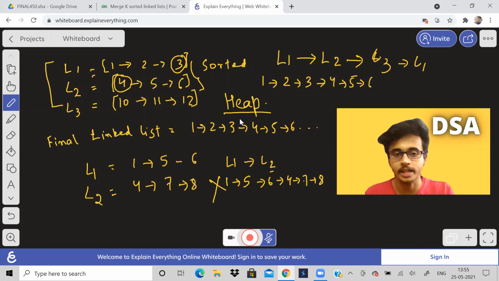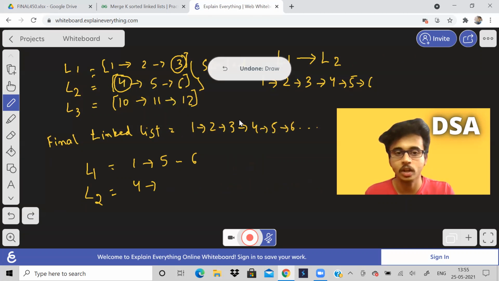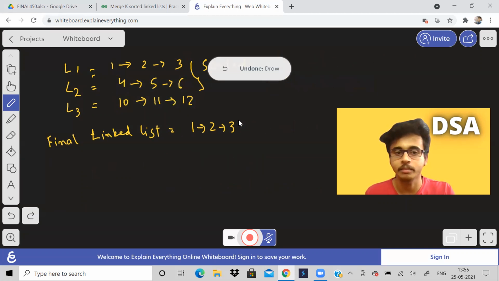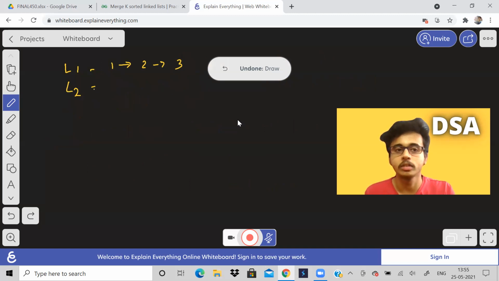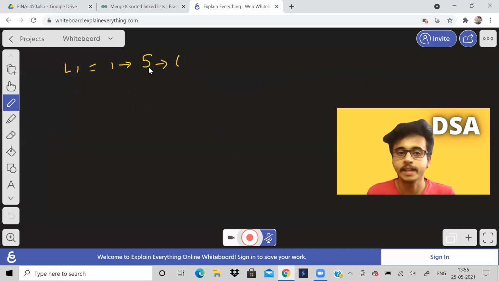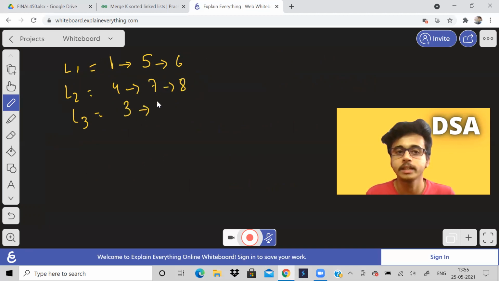What I want to say is, I will erase all this and make another separate example. So let us take a separate example and understand. If linked list 1 is 1, 5, 6, linked list 2 is 4, 7, 8, and linked list 3 is 3, 9, 10.